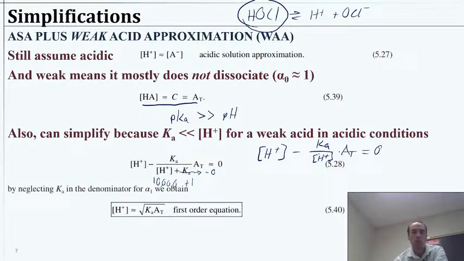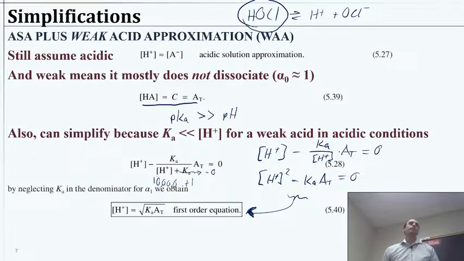And if we multiply everything by H plus, that gets rid of the H plus, it becomes H plus squared minus Ka times At equals 0. And then from here, we get this equation, right? So that's pretty convenient. We could simplify things that way